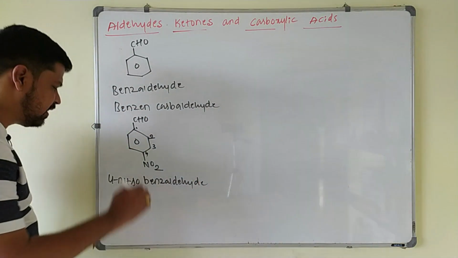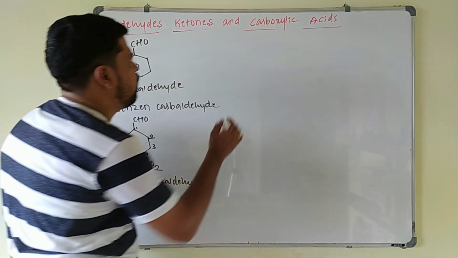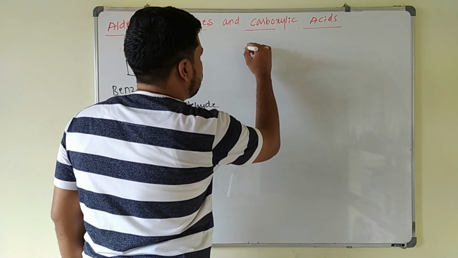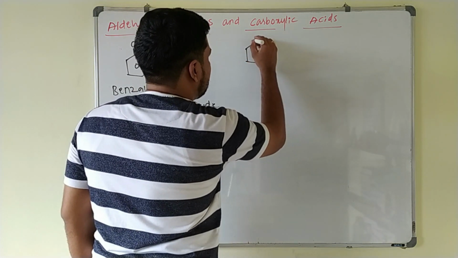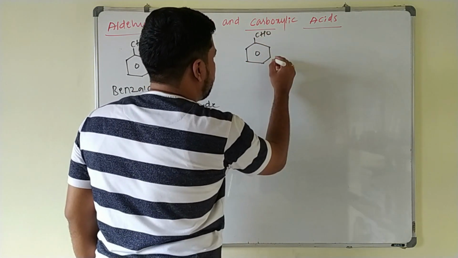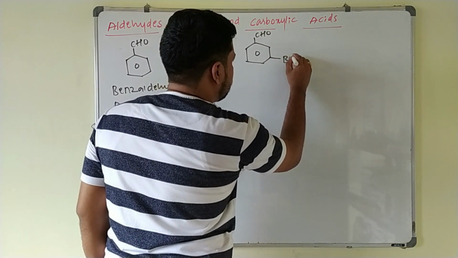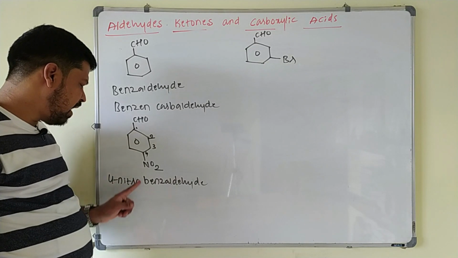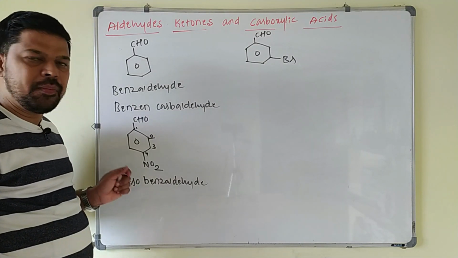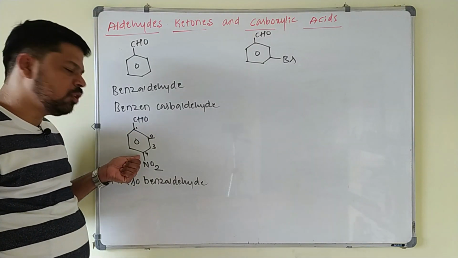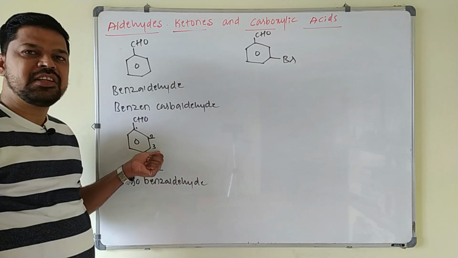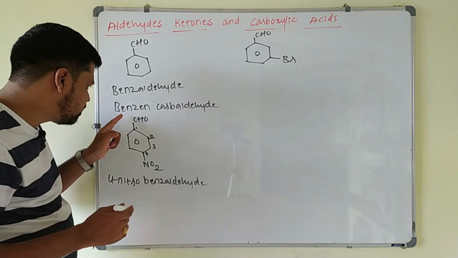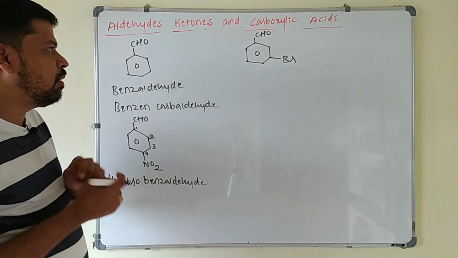Suppose I take another example, here I will write like this. This is your CHO group. Here if I attach bromine, here it is also called what? Para nitrobenzaldehyde for the previous one. In the common naming, what is the position here? Fourth position is called para, third position is called what? Meta, and second position is what? That is ortho position with respect to this carbon atom number 1 here.